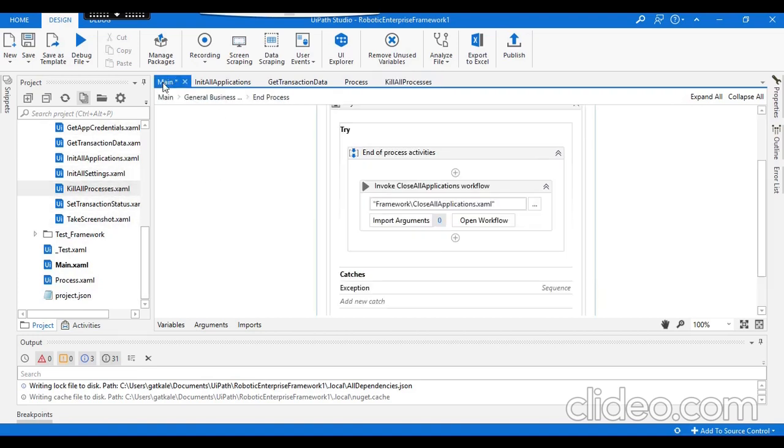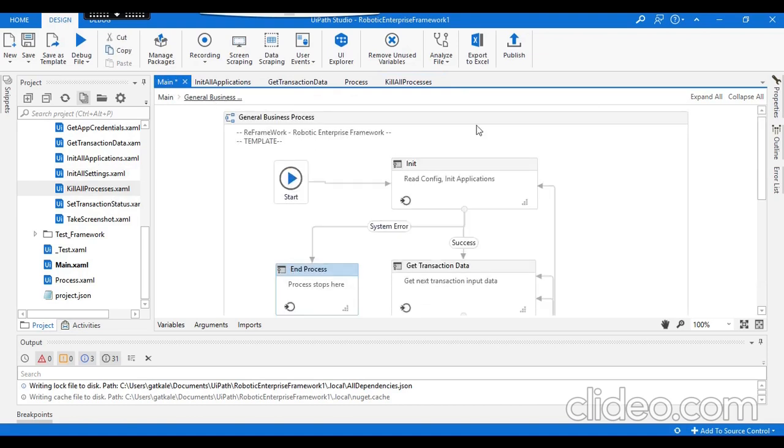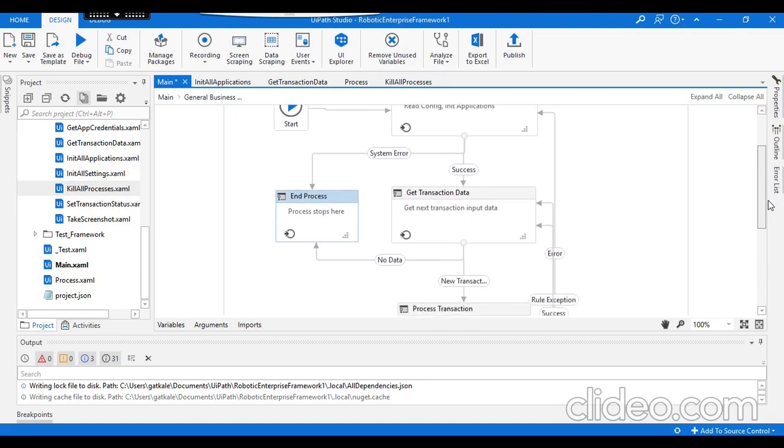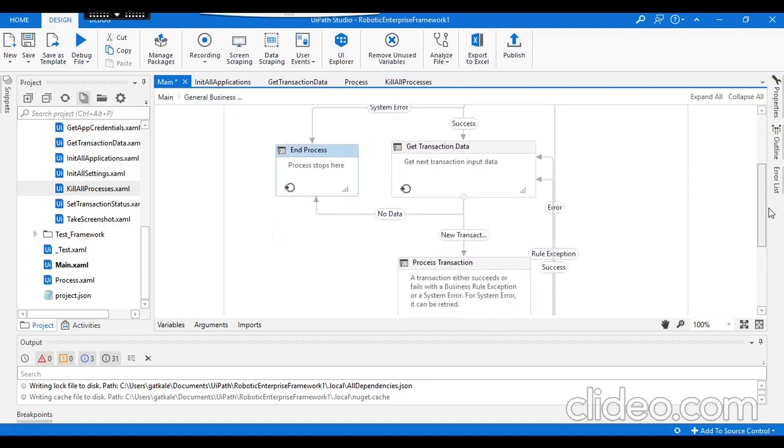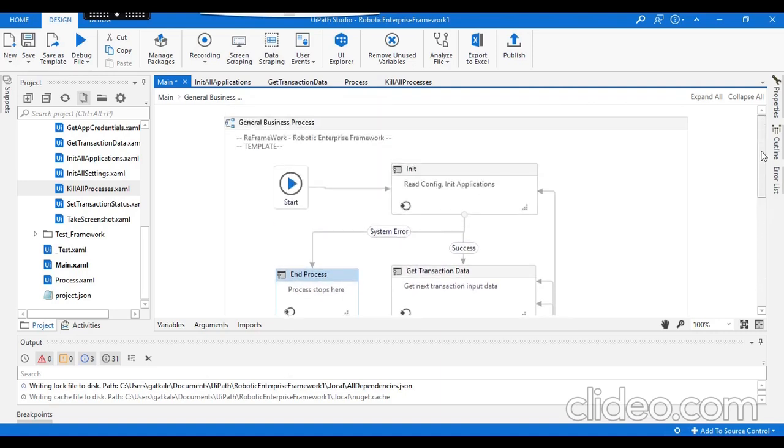So this is all about the RE framework. It is very useful to maintain the code, and from a business perspective, it resolves the complexity of the code. This is the main advantage of the RE framework. In the next video, we are going to discuss the actual implementation. We will go through one of the scenarios and show how it gets implemented. So thanks.